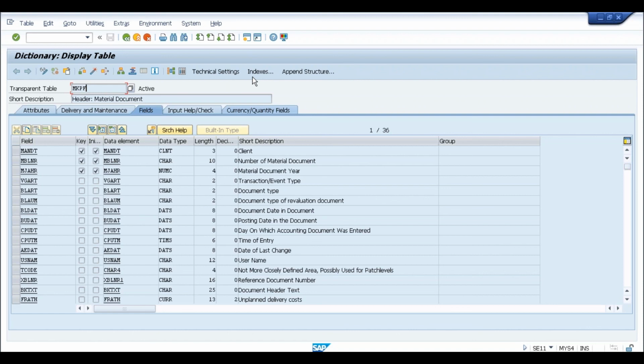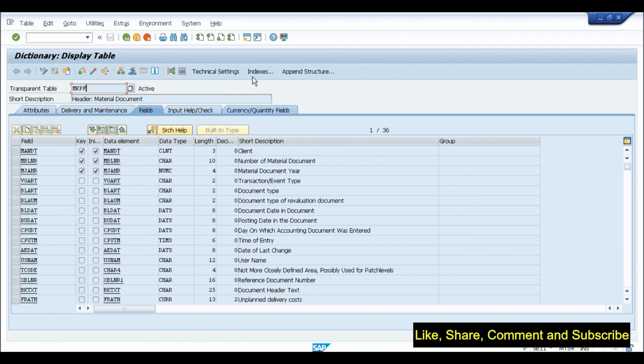Which is a repetition. That is something completely understandable because the same thing is getting updated in two different tables. But this is only temporary. This is only the temporary solution. Since this is a new table, we need to build some trust and confidence in it, and then this will be deleted.